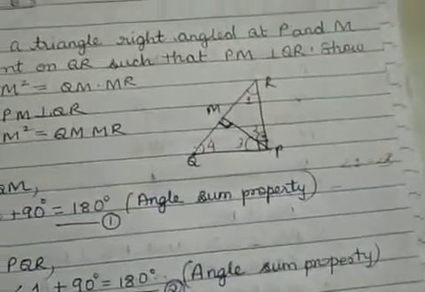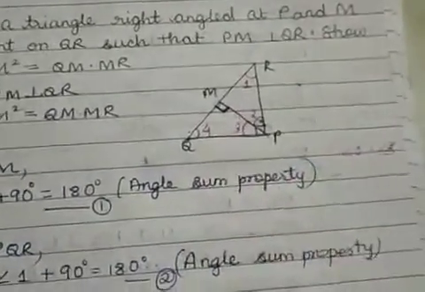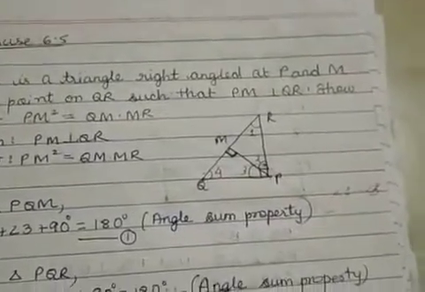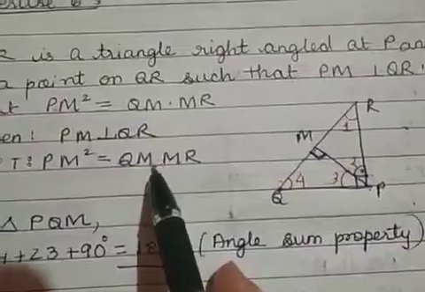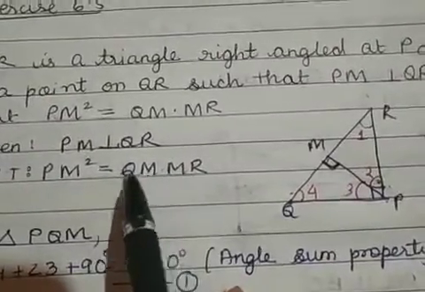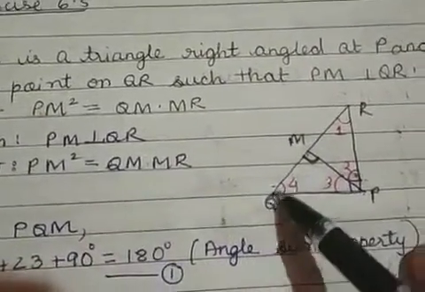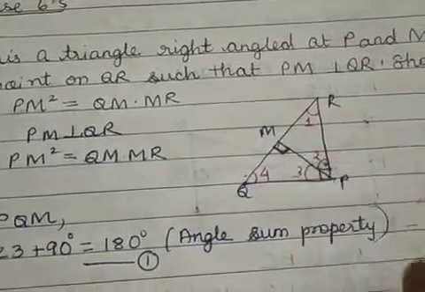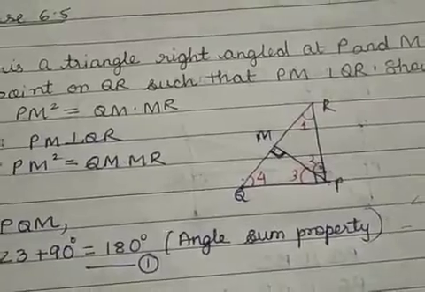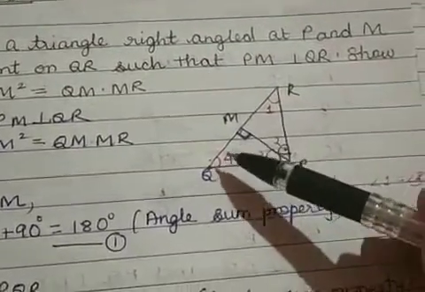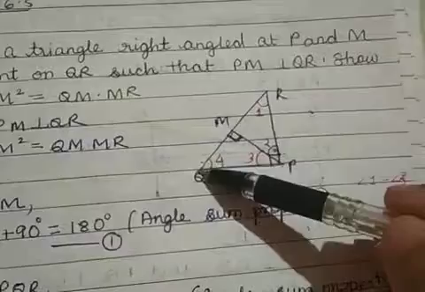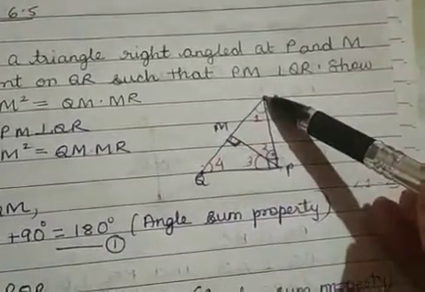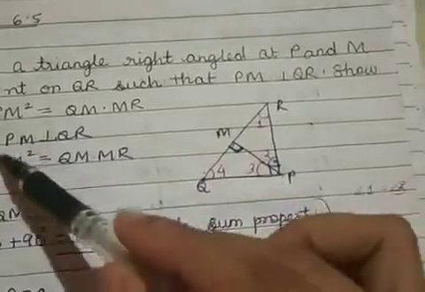So let us first prove that the two triangles are similar. Now which two triangles are to be taken? To know which triangles are to be taken, you have to look at what is asked to be proved. Look at the right hand side. You need QM and MR. So you have to take triangle PMQ and triangle PMR because it has these two sides in it, and it will also have PM, correct?